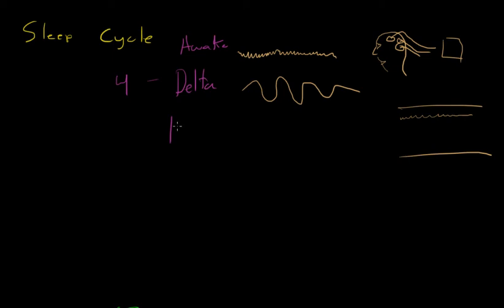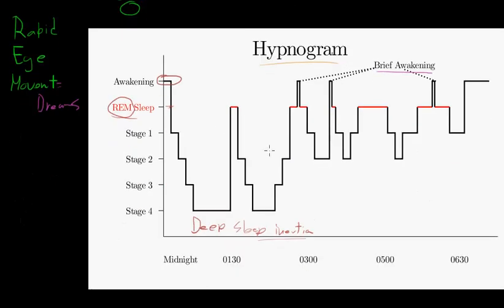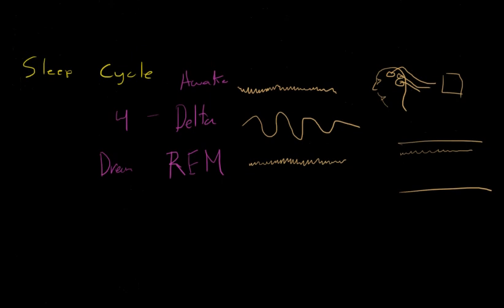analog to anything. But then in REM sleep, this is the interesting part. During REM sleep, when you're dreaming, dream sleep, what do you think your brainwaves look like? They look exactly like when you're awake. Quick, jaggedy lines. And so this is kind of like you're not even asleep as far as this EEG would tell you. I forgot. This machine is an EEG,